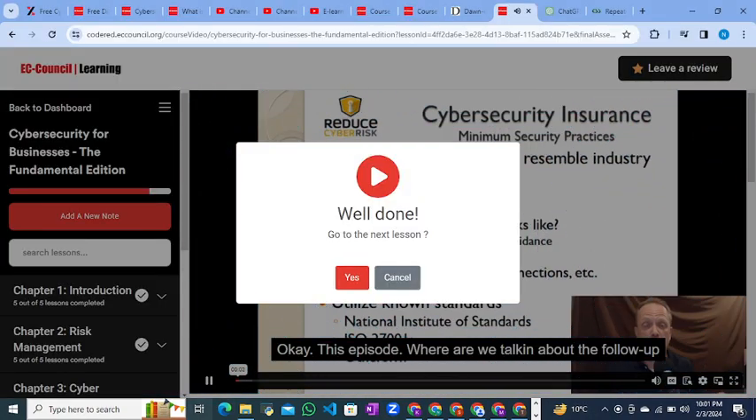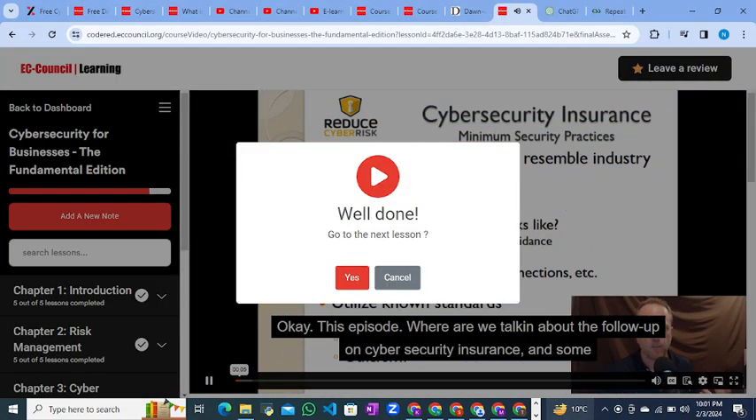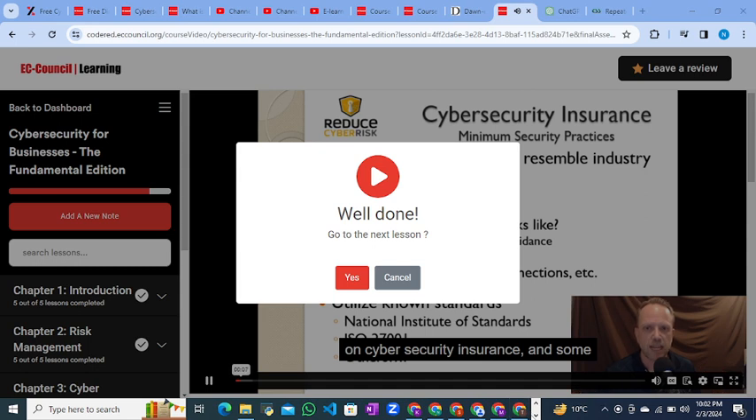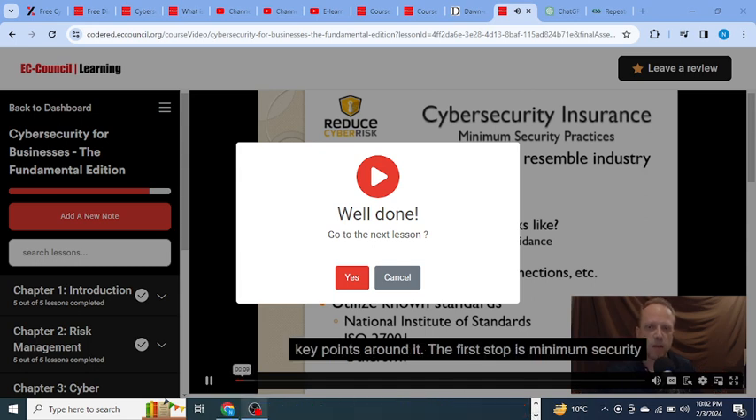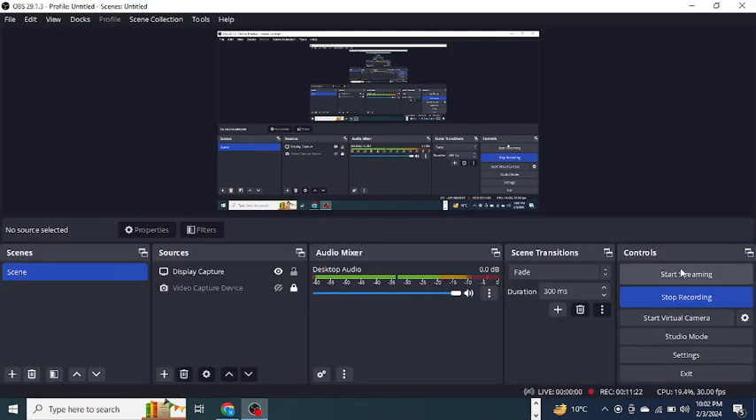Okay, in this episode, we're going to be talking about the follow-up on cybersecurity insurance and some key points around it. So first off is minimum security practices. So when the initial